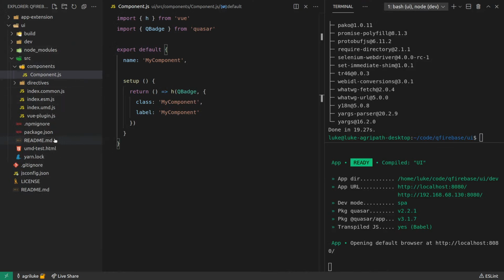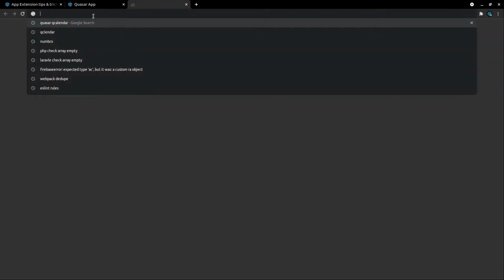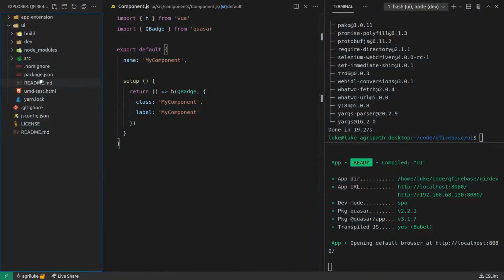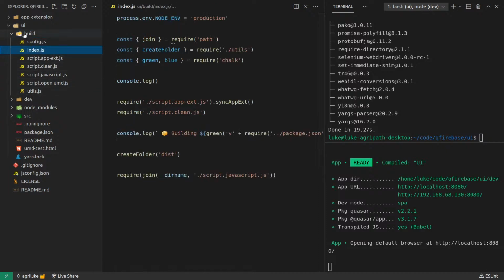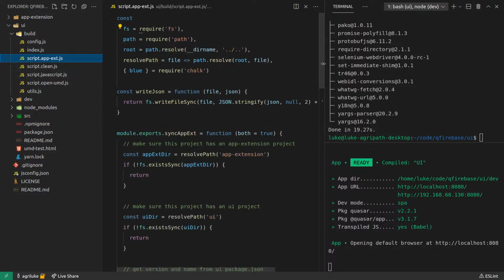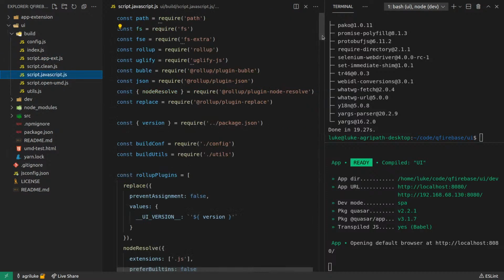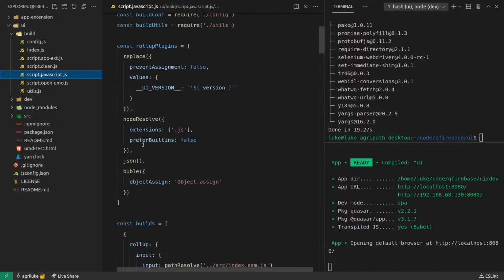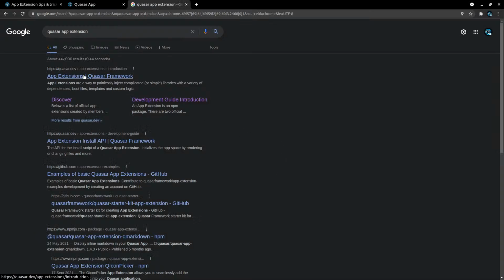I think I just want to go to the build script somewhere. Hang on. Quasar app extension. Let me just see if they might have changed things since I last checked this out. Let's go to build. Index, no. No, it's not going to be in there. We script JavaScript. I'm trying to look for the view compiler. Yeah, so there's no view compiler. Nothing for compiling .view files. However,